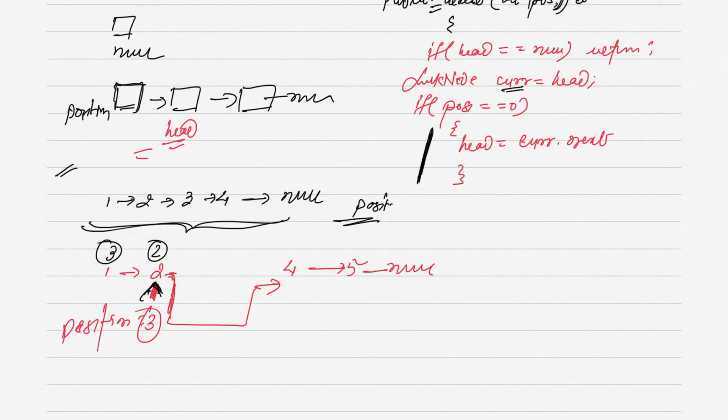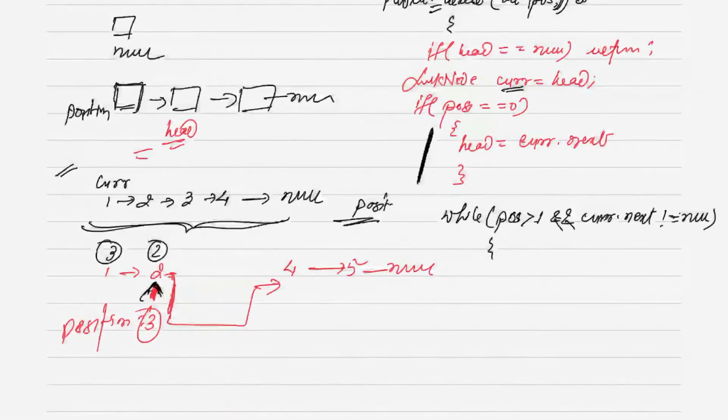We have the current node, suppose here is the current, while your position is greater than 1 and your current dot next not equal to null. So once we start here, we are giving two conditions. The position should be greater than 1, so at least we will find the 2 here, or suppose 9 has been given, it will move till this level.